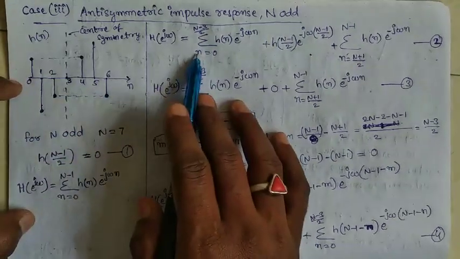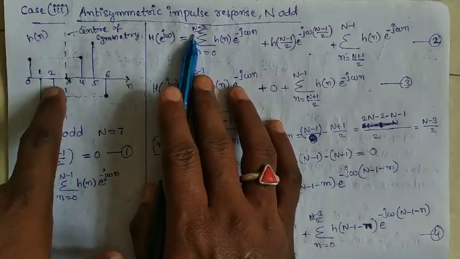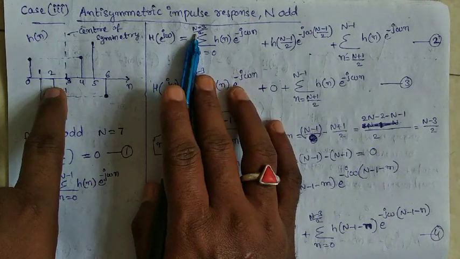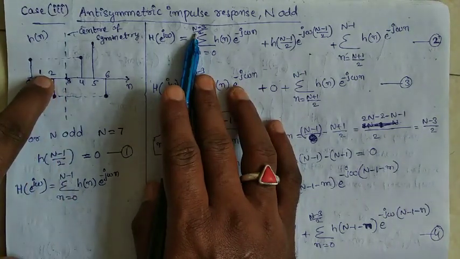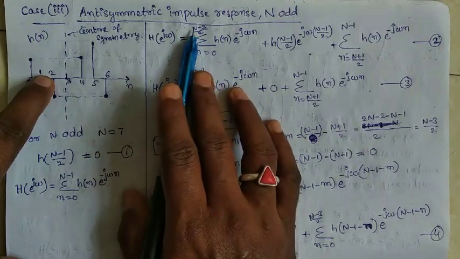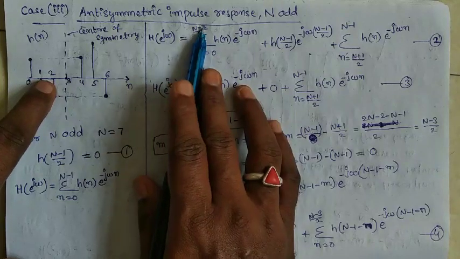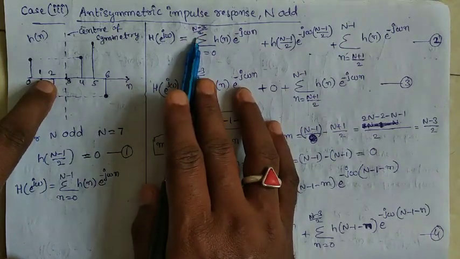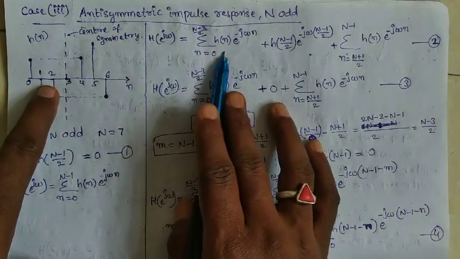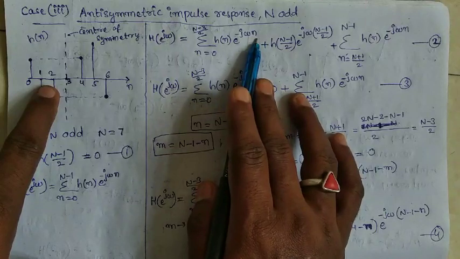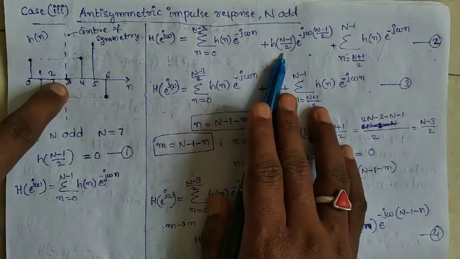This is equal to summation n equal to 0 to 2. How to obtain the 2 value? We are expressing it in terms of capital N, that is capital N minus 3 by 2. Here capital N is 7, 7 minus 3 by 2, 4 by 2, it is 2. So, summation of h of n e power minus j omega n